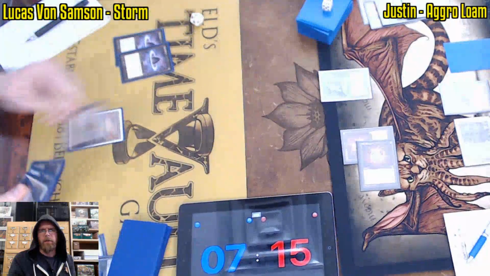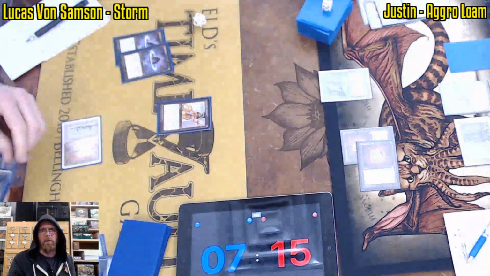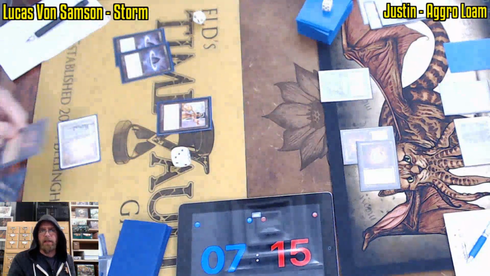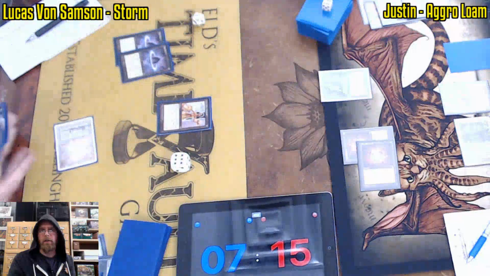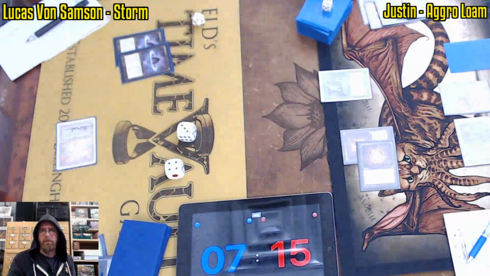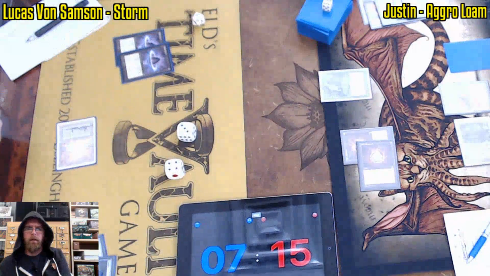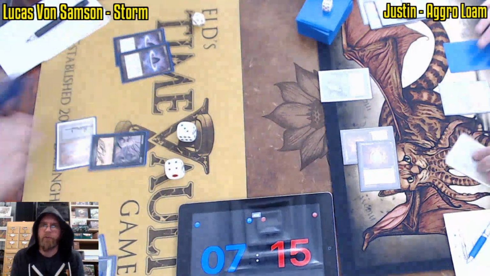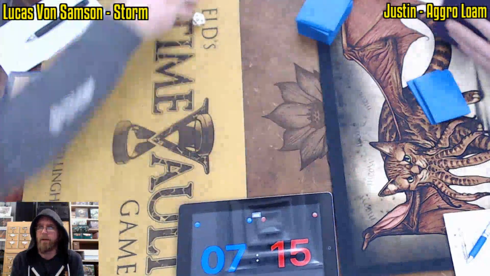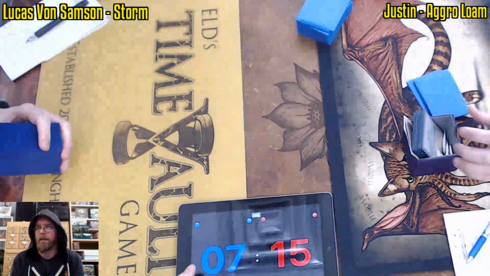Got a land for turn, Lotus Petal, LED to go along with those rituals and the Infernal Tutor. We're just going to see a flurry of spells here. Far beyond lethal, cracking LED in response. And this Tendrils should end the game right on the spot there, Justin. Not going to be able to respond to that with anything meaningful